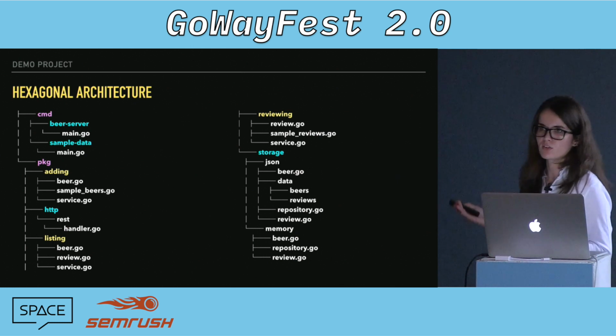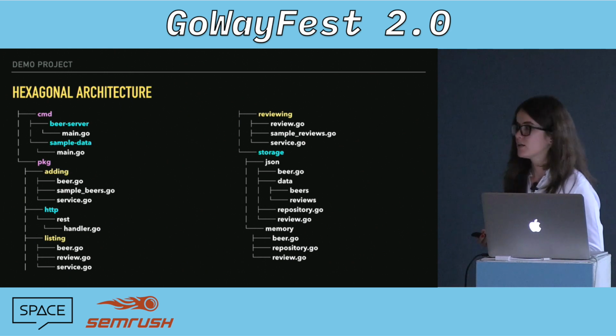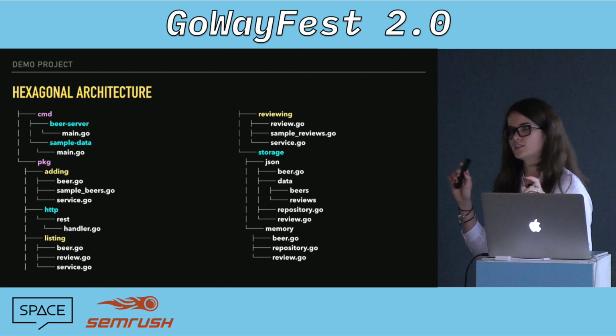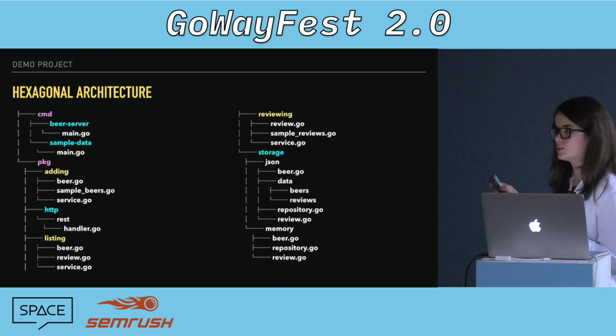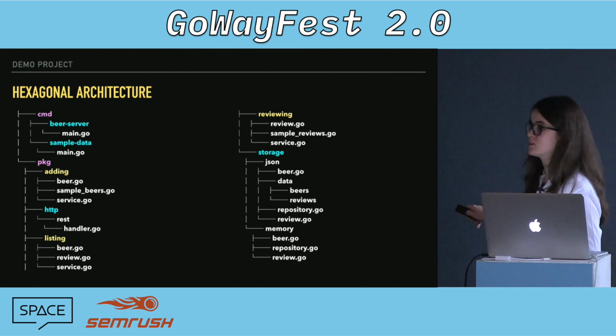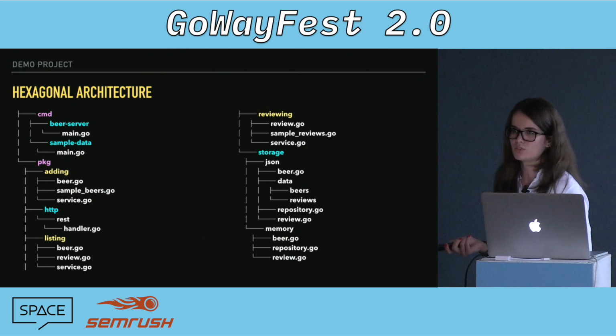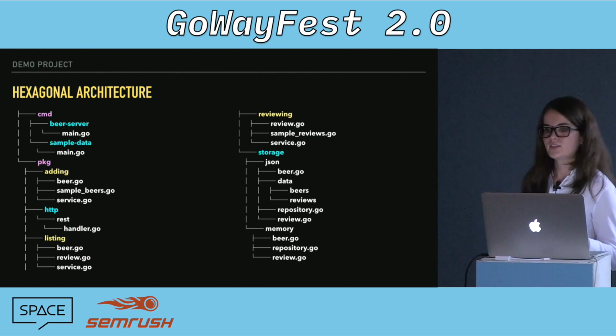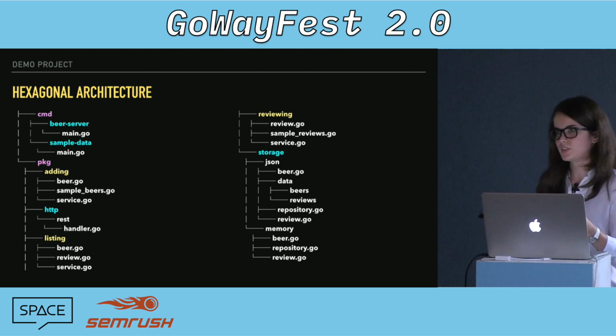Depending on whether you're adding or listing, you're going to have the ID or not. And also things like the JSON hints, like the JSON field names and the backticks that you usually define on the structs when you're JSON decoding, can only be defined here now, because only the JSON implementation of storage actually cares about it. And so we solved that problem really nicely by being able to have slightly different definitions. So it's a bit more intuitive for somebody using those structs.